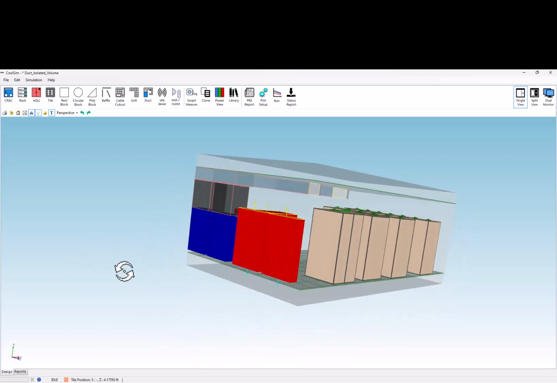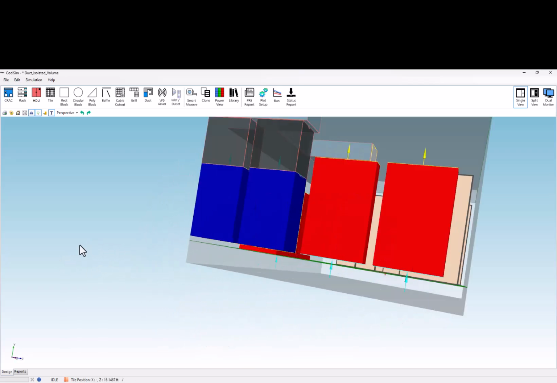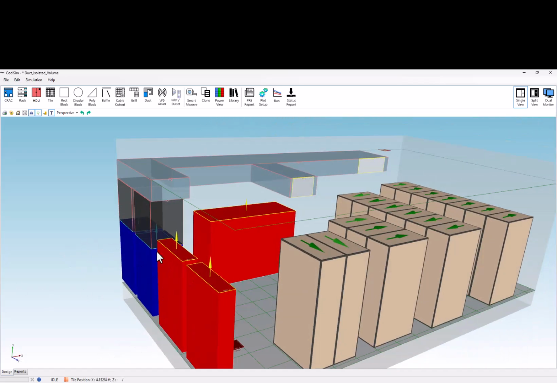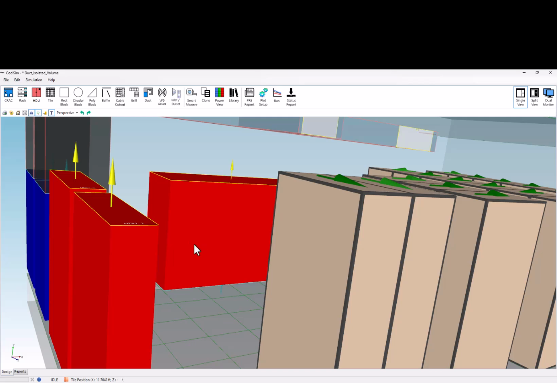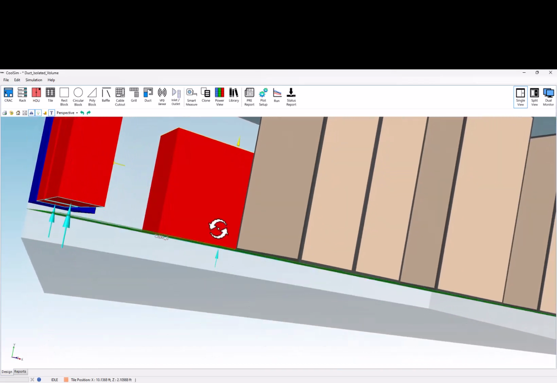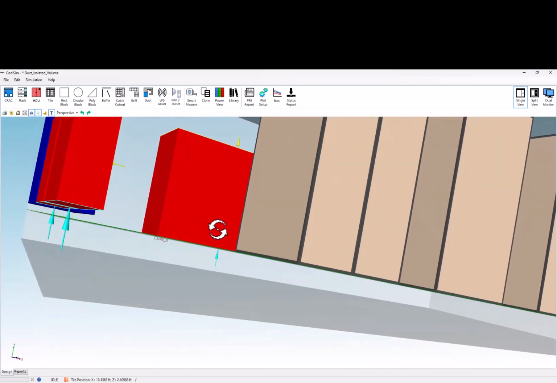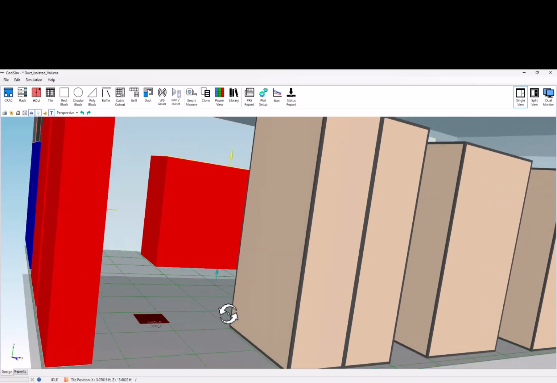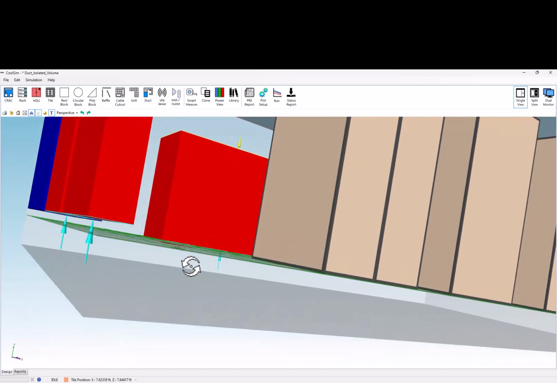The only other thing to check is to make sure your units are up off the floor, because, oh well, look, in this case, the user has this unit sitting on the floor. It's at a start Y of 0, and it's trying to pull air out of a floor that has no inlet. So that looks like a mistake. These are up off the floor, so